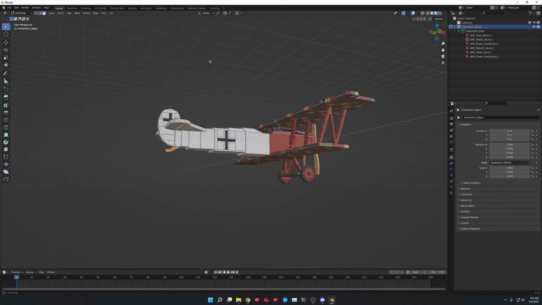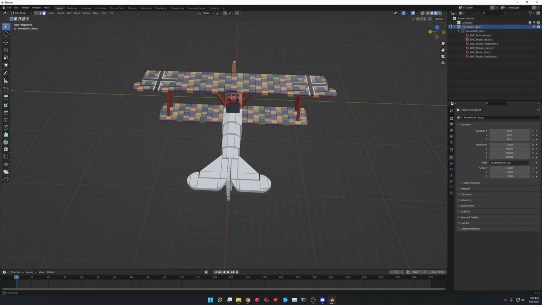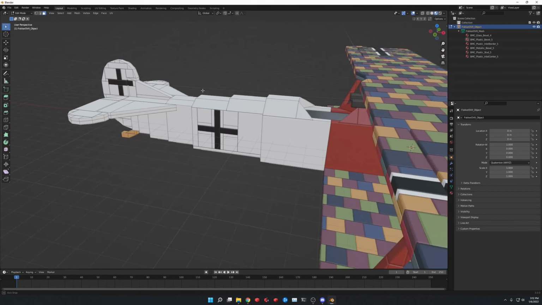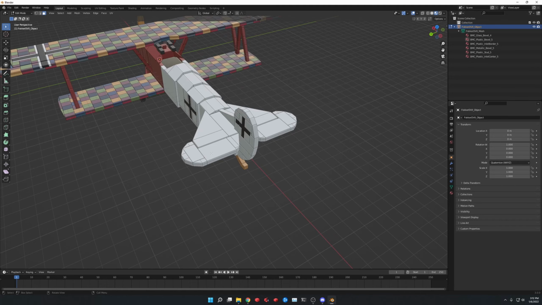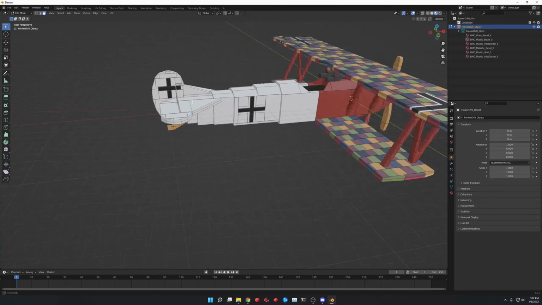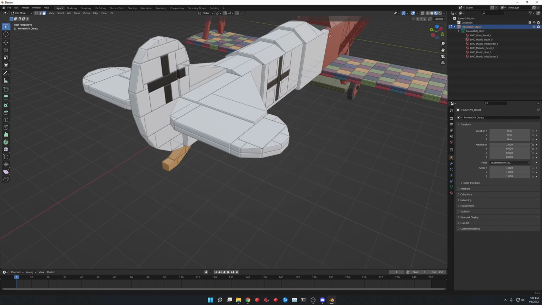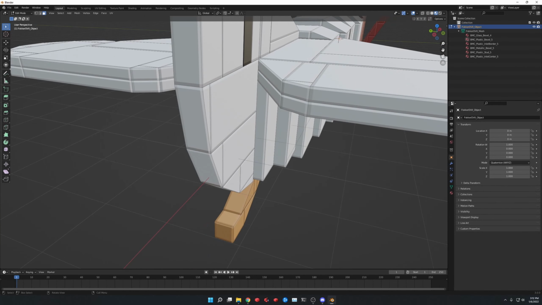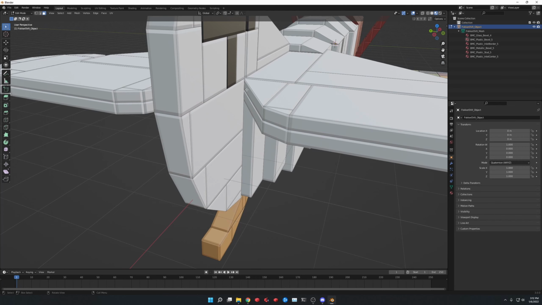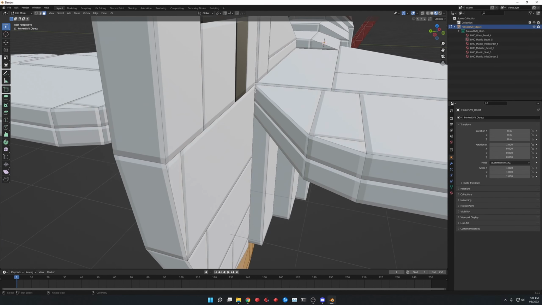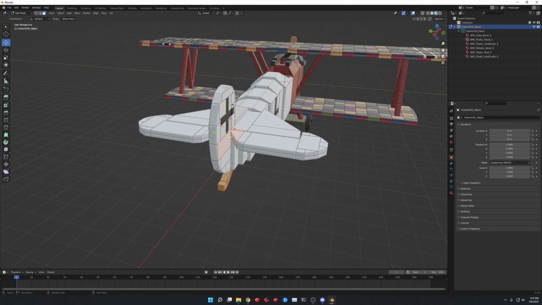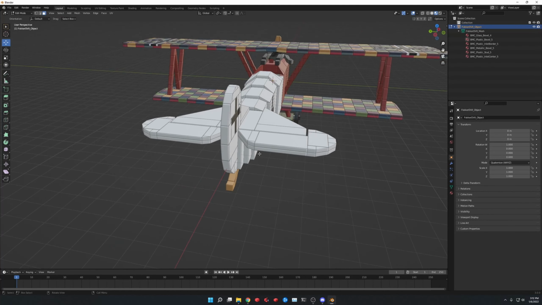And now I want to address ahead of time some issues we're going to have when rigging this model. So we want the rudder and the elevator to be able to rotate independently of each other. But as you can see, there's this edge where the rudder and the elevator meet. And that's going to be a problem because we want to be able to move these guys around separately, but right now they move all together. So one way we can solve that